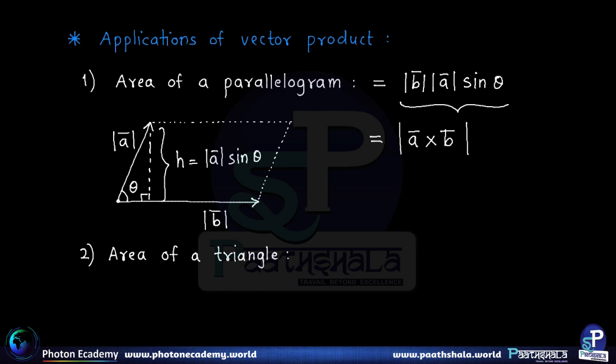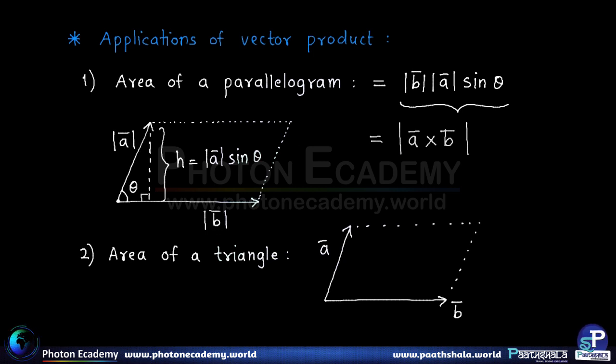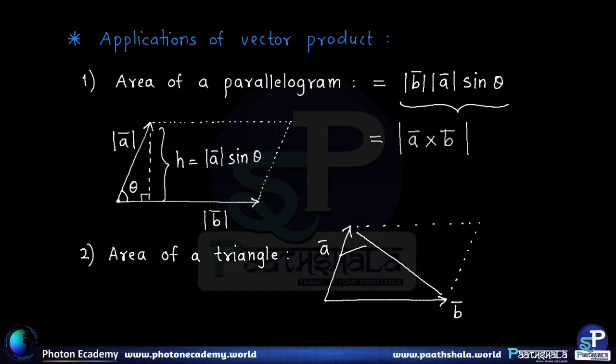Now the area of the triangle is very much related to the previous formula, because if you consider a bar and b bar once again, now instead of completing the parallelogram, if we join the diagonal, we will see that the area of the triangle so formed will be half of the area of the original parallelogram, right? Therefore clearly the area of the triangle formed by vectors a bar and b bar will be equal to half the magnitude of the cross product a bar cross b bar, right?